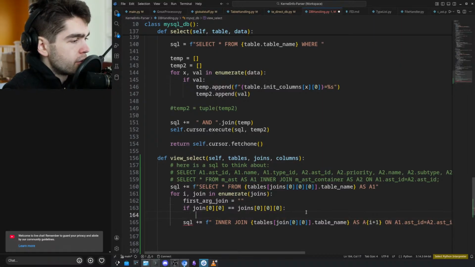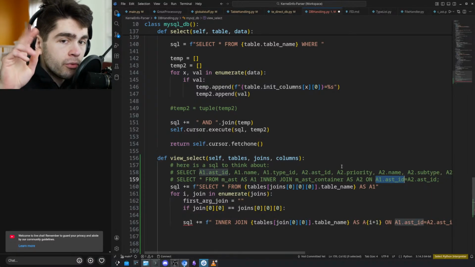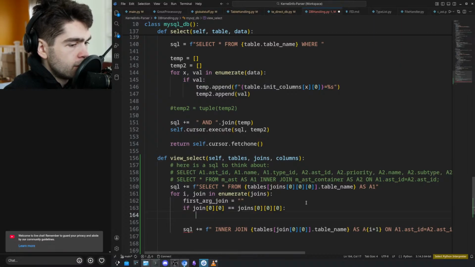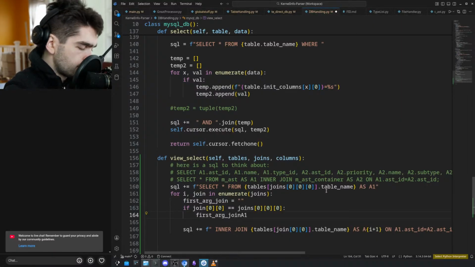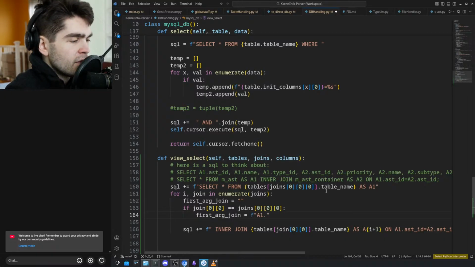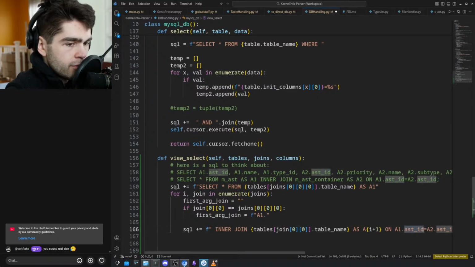Alright, so if our current join that we're using, that should go here, is the same table as our root table, our original from table, we should just do A1